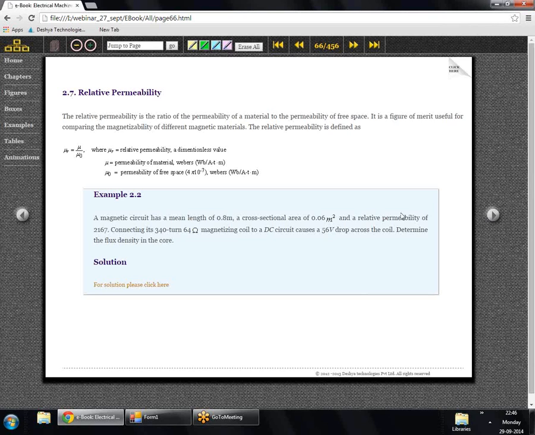Usually, while analyzing magnetic circuits, instead of using permeability, we use another quantity known as the relative permeability. Relative permeability is the ratio between the permeability of the material and the permeability of free space. One thing we have to keep in mind: since relative permeability is a ratio of two permeabilities, it does not have any units. It is a unitless quantity, and this is very commonly used in the analysis of magnetic